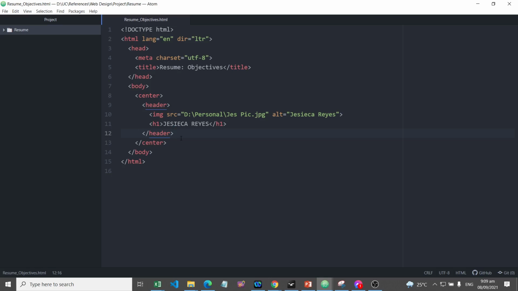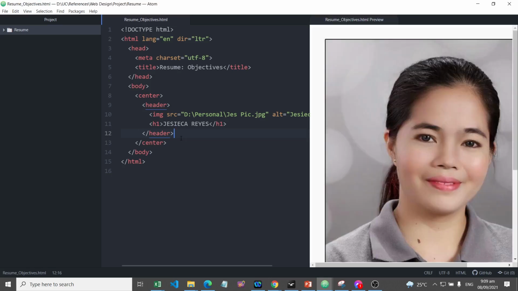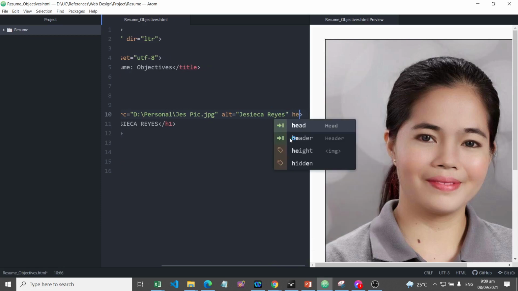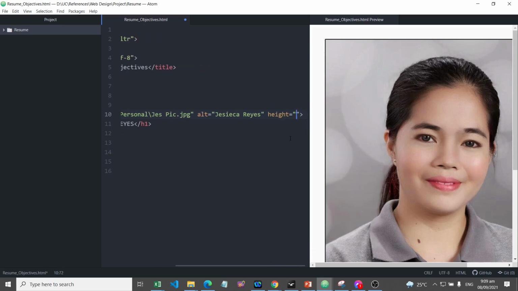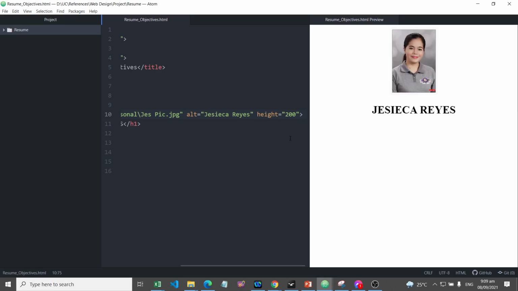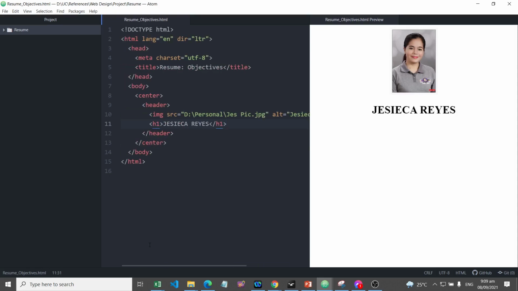Control Shift H is the key combination for previewing the HTML page in Atom Editor. Let's adjust the image. Let us set the size, the height, which is 200. Save. That's better. All right. Now for the online resume, let's